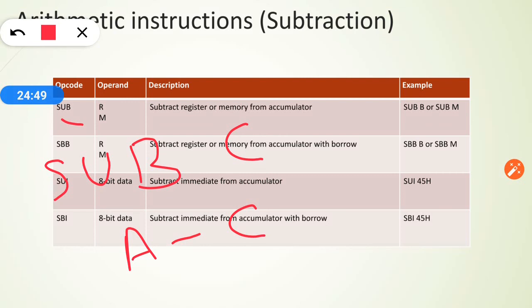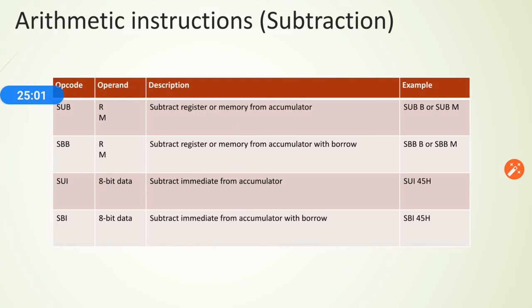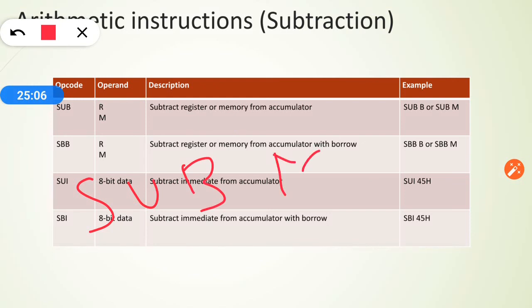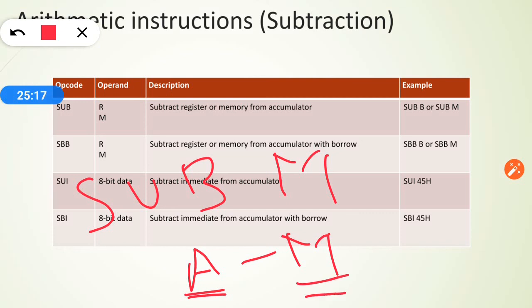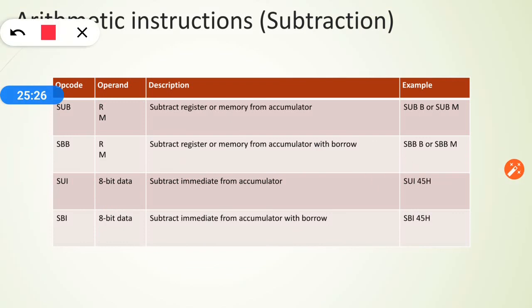Remember, whenever we are adding, subtracting or comparing, one number is compulsorily in the accumulator. The second number can be from a general purpose register or memory. So I can again write SUB M. So it is A minus M. Whatever number we have stored in A gets subtracted from the number stored in a memory location of the memory device, right? So SUB M means A minus M.